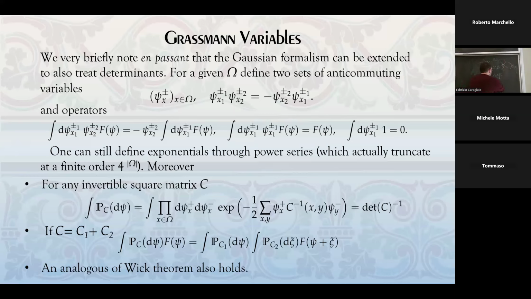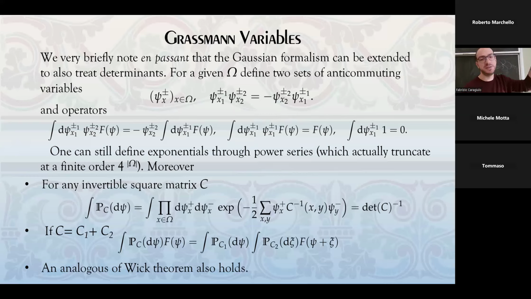And also we can consider the exponential of these Grassmann symbols, which is simply defined through the Taylor expansion of the exponential, which in this case, since we have this property, actually truncates to a polynomial. Because if we have a finite number of variables and we take sufficiently high powers, at some point we will have a variable which is at least squared, and then we get zero. So the exponential is defined through a power series, but it's actually a polynomial, so it's of course well defined. And if we define an exponential measure in this way, which is formal, but it still makes sense, then one gets that the integral of